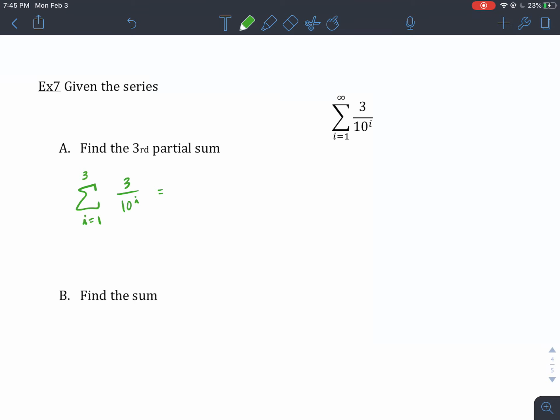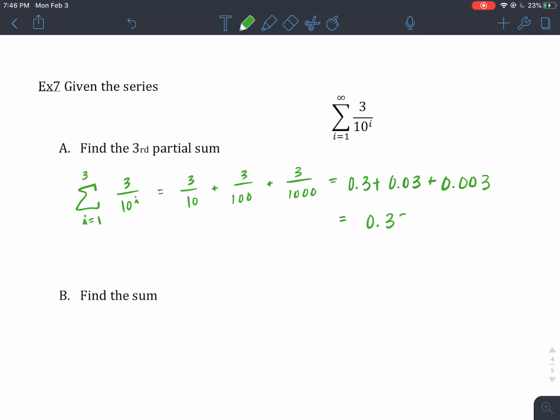So we're going to start with our first term. We're going to list out our 3 terms. Our first term is 3/10 to the first. Plus our second term is 3/10 squared, which is just 3/100. Plus 3/10 cubed is 3/1000. And again, I have to have a common denominator. Because these are nice decimals, 3/10, 3/100, 3/1000, I'm going to write them as decimals. This is 0.3 plus 0.03 plus